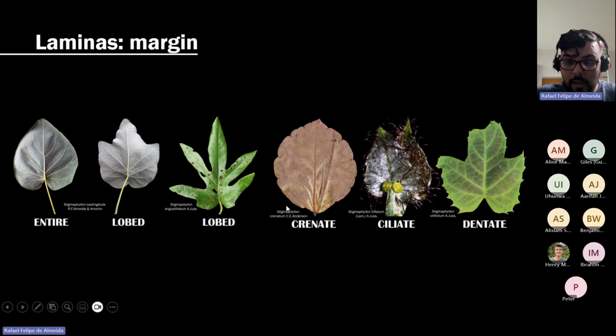So the margins of Malpighiaceae can also be crenate, ciliate, also really weird. So the first time that I saw that, I thought that each cilia here was in fact glands, like really long glands. But when I studied more in depth using scanning electron microscopy, I found out they are really hairs,